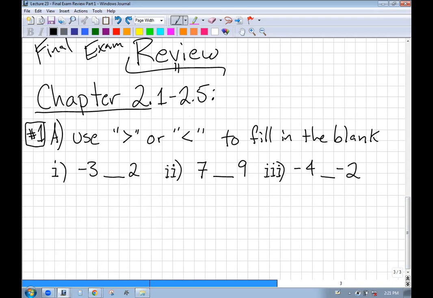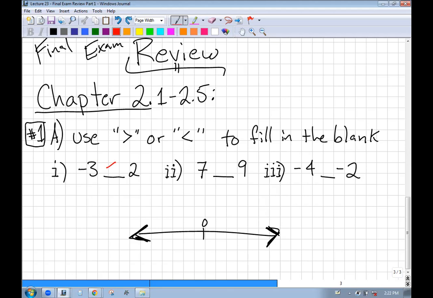Okay, so we need to use the greater than or less than. All right, so quick recap. Remember your number line. This is your greater than symbol. This is your less than symbol. Right? Just think about your number line. Forget about little alligators eating big alligators or whatever. Okay. So